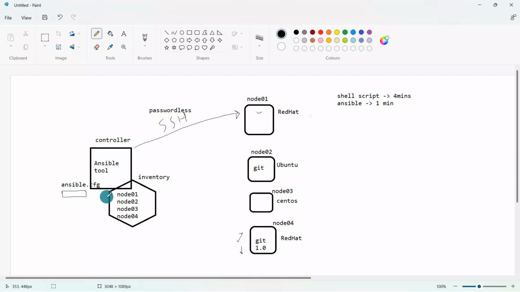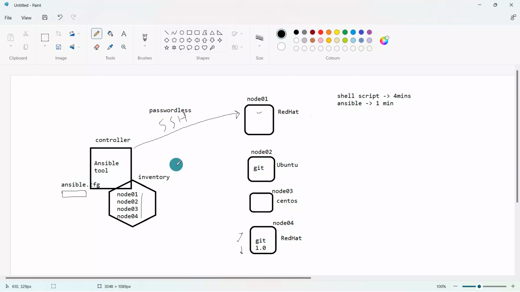Okay, second is this: within this config file, where is my inventory location? This inventory file has all the information about the nodes, right? But where is that inventory file kept on my server? That information I also have to provide within the cfg file. Once we create it, you will definitely understand it. So this is the main fundamental of this config file, and we will explore it more